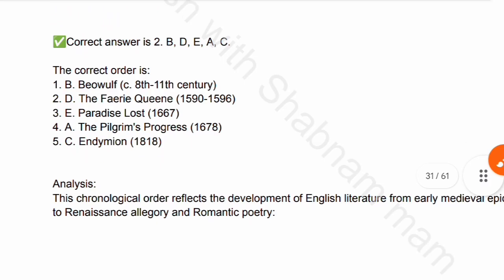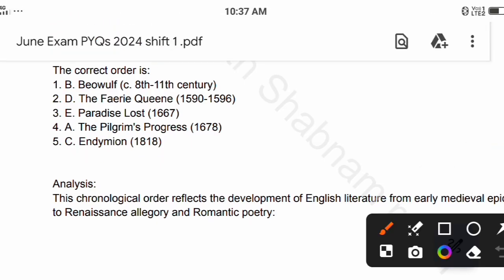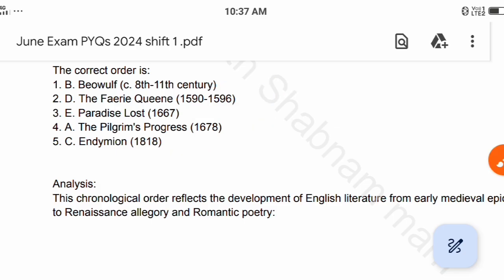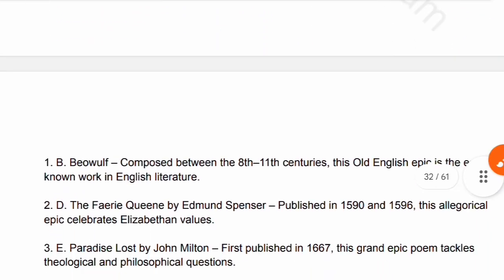You can see here I have mentioned everything. Beowulf was 8th to 11th century. The Fairy Queen 1590 to 1596. Paradise Lost 1667. The Pilgrim's Progress 1678. Endymion 1818. Right? This is the correct chronology. If you want to see